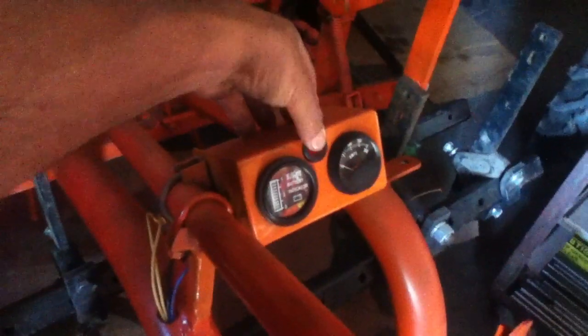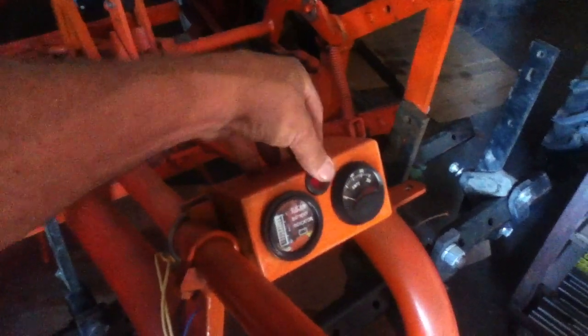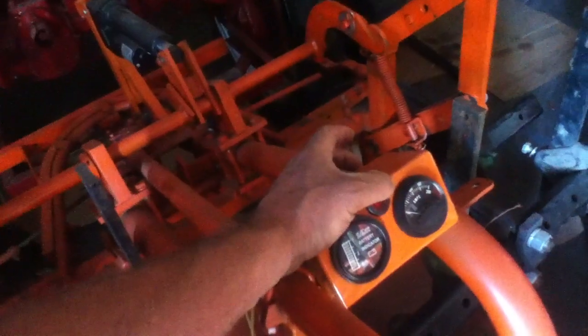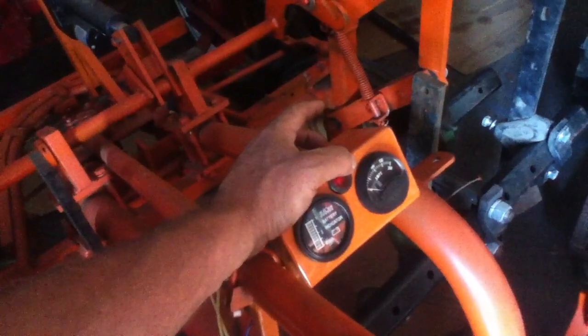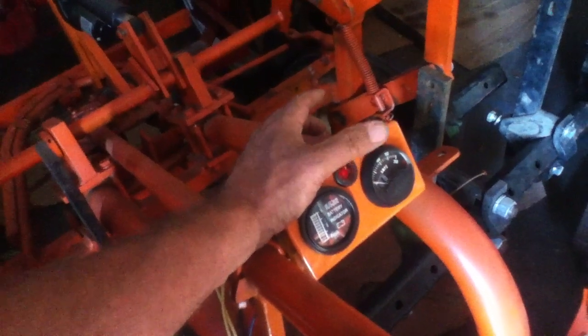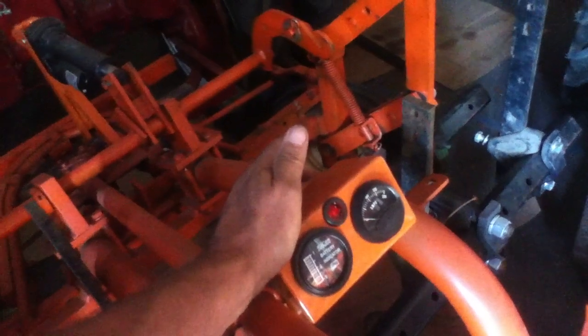And I believe that's it. We've got a warning light here. It's not installed currently. It will need a reducer. There's no real way to set up a warning light that will work from a 48 volt system directly, at least with this light. So they have cheap